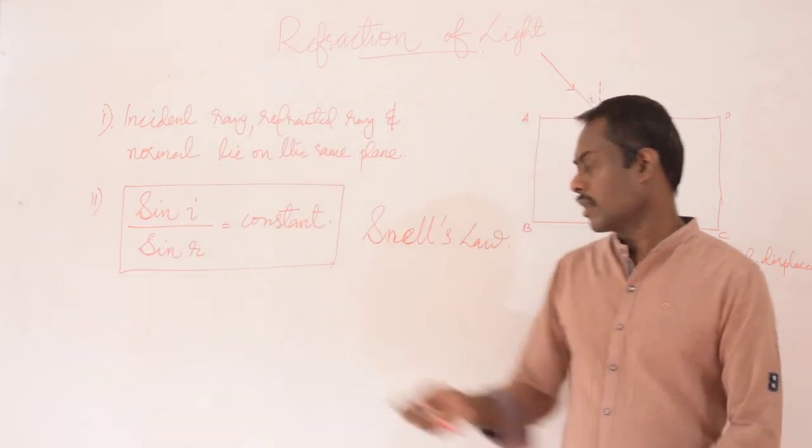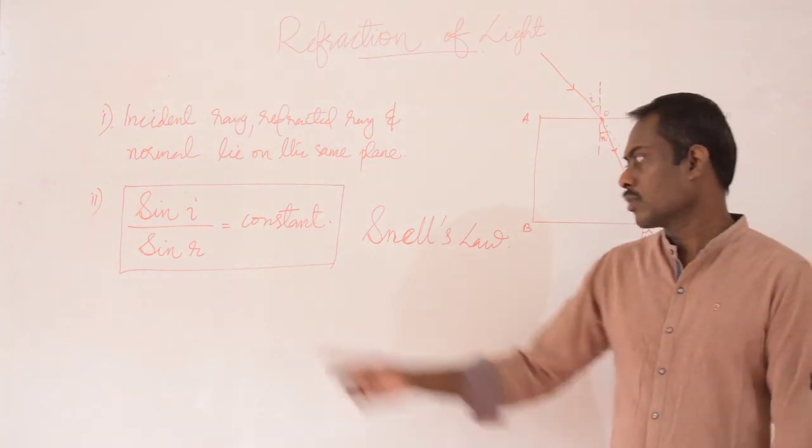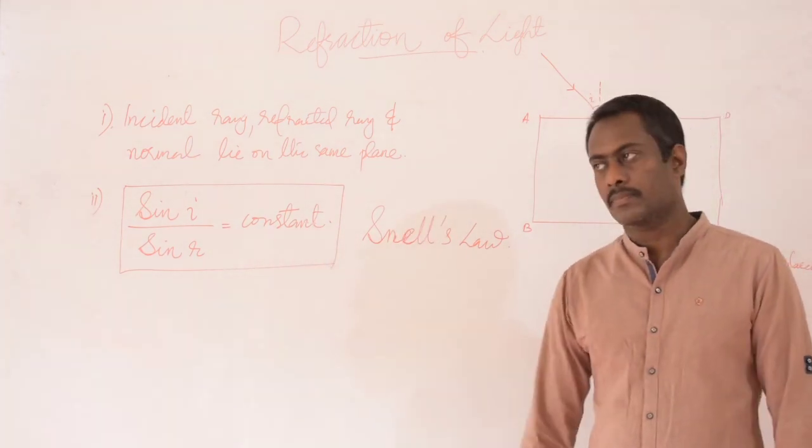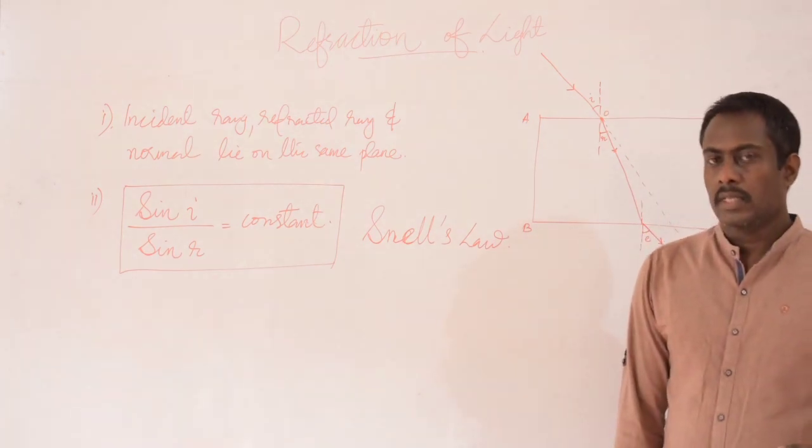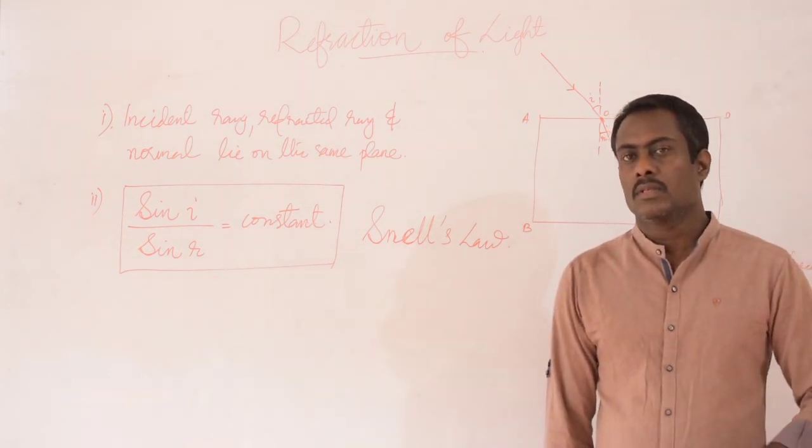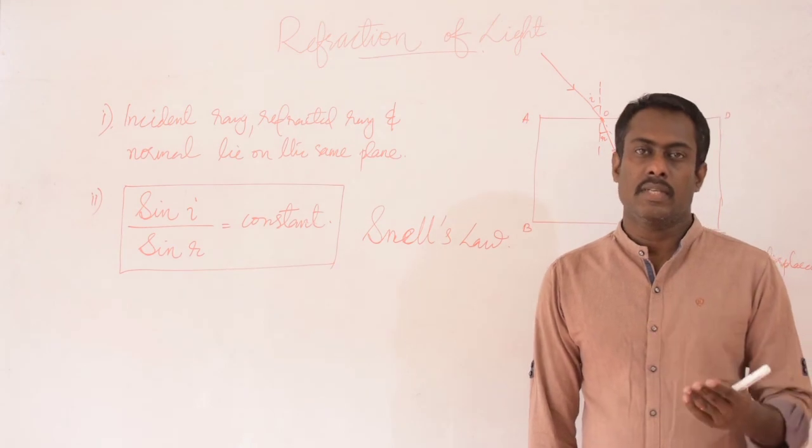Sin I divided by sin R is equal to a constant, generally termed the refractive index of the second medium with respect to